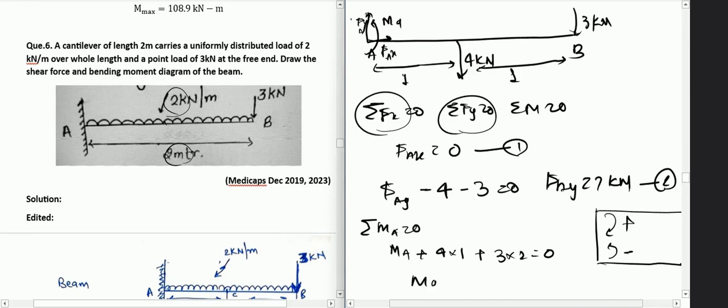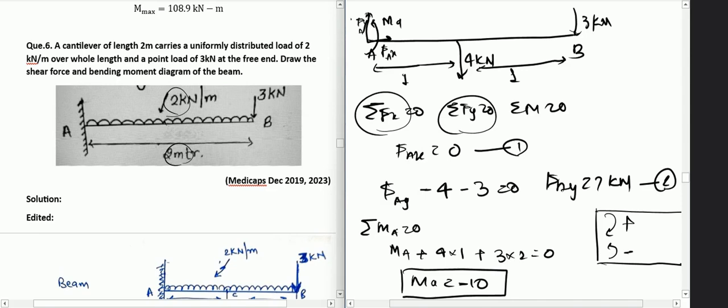So it comes out to be 3 into 2 is 6 plus 4 is 10. So it will be minus 10. You could have always guessed it because there are 2 moments in the clockwise direction. So the reaction at A must be anti-clockwise to balance them out, or else the beam will be unbalanced and